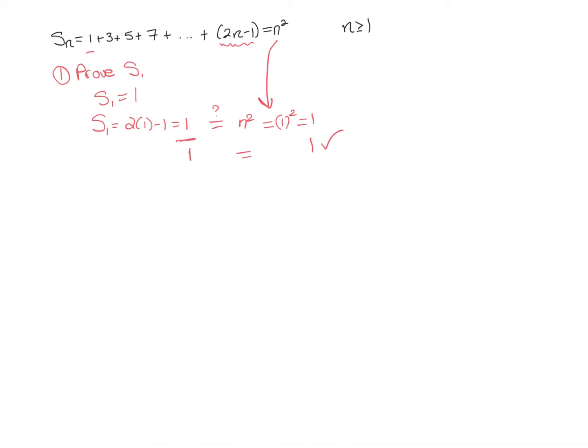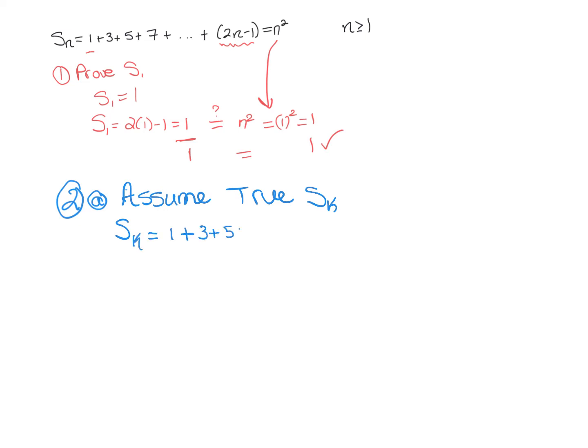So now, after we prove it for S sub 1, we move on to the second part of the proof. So step 2 has 2 parts. Part A is you assume this statement's going to hold true for S sub k. Just because I have S sub n, why can't I call that k instead? So then we say we're going to assume S sub k equals 1 plus 3 plus 5 plus 7 plus ... plus 2k minus 1. And this is going to equal